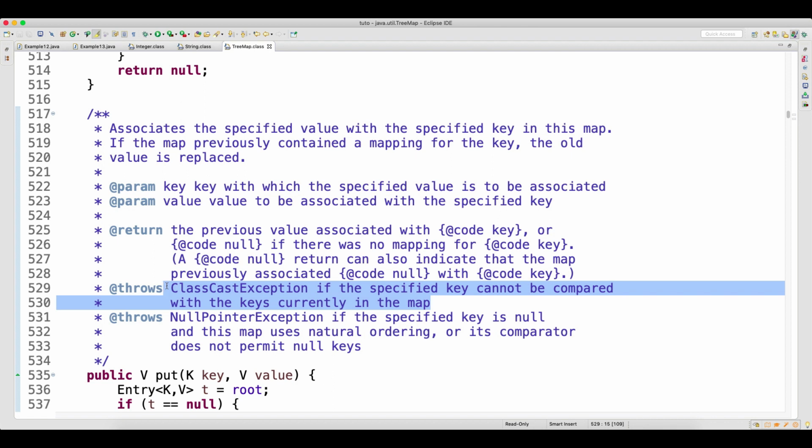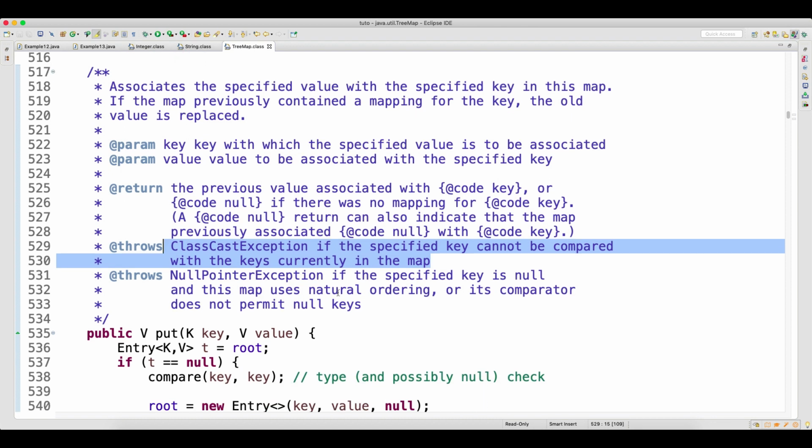Let's say you have added one record, key is equal to 1. When you add key is equal to 2, internally it will do a compare. It will throw ClassCastException if the specified key cannot be compared, because your data should be of type comparable.